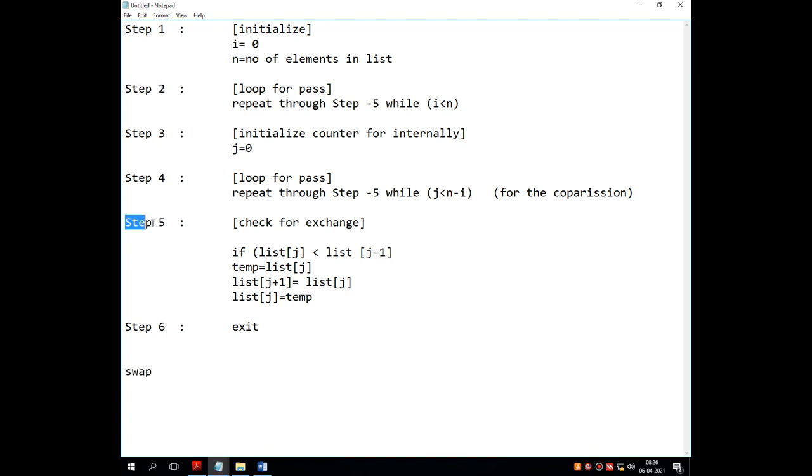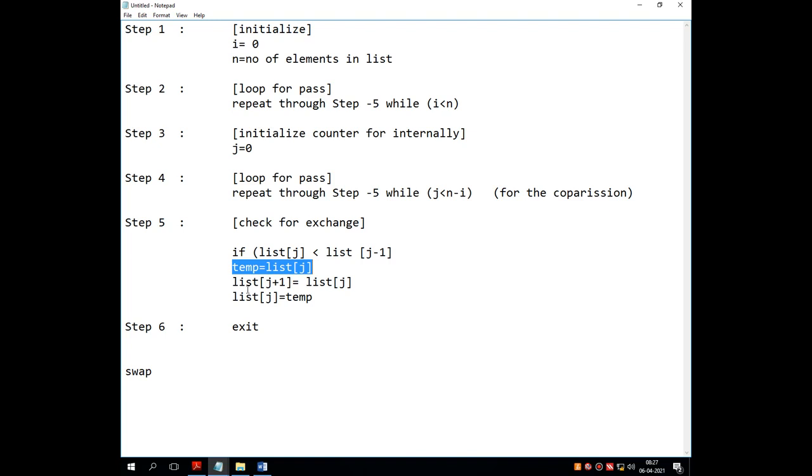That swapping logic is step number 5. It will check the values and exchange them. If the current value is less than the previous value, it replaces the current value with the previous one if it is smaller, otherwise it keeps it as it is.